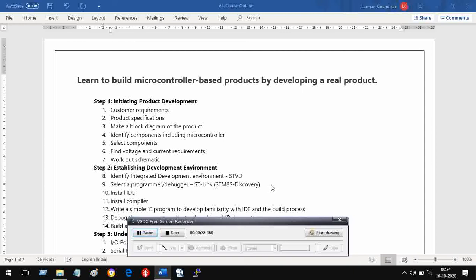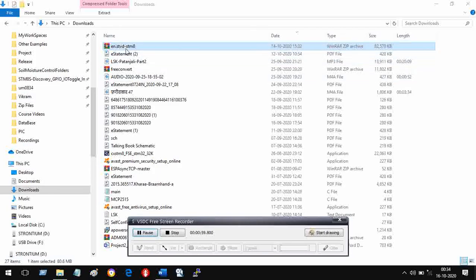Is it hardware? And the third thing I wanted you to download was the C compiler for STM8S from a company called Cosmic. So I hope you have downloaded that also. If you have really done this, then you will see these folders. The first folder is EN-STVD-STM8. This is a zip file, and the other one is the CX-STM8 FSC STM3232K. So if you have got these, then all you have to do is unzip and install.